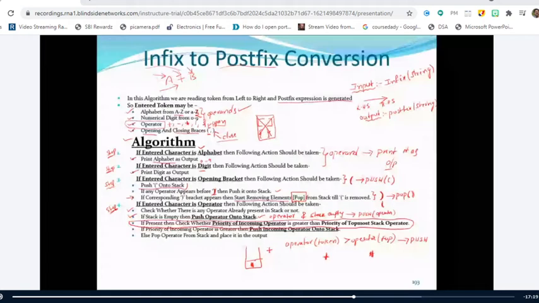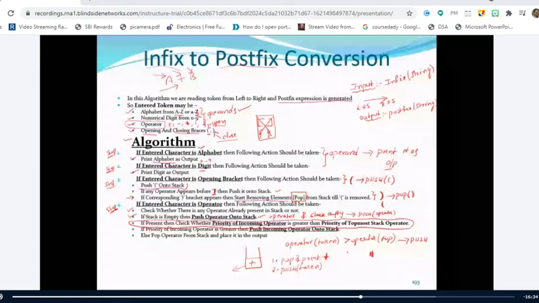So you have to perform two operations here. First, you have to perform a pop operation, pop and print. Print means nothing but printing it to the output. So when you pop this element, it is removed. And then you have to perform the push of the token. What is the token I have read here? Plus, sir. Therefore, you have to push the plus here. Is it clear up to this point?